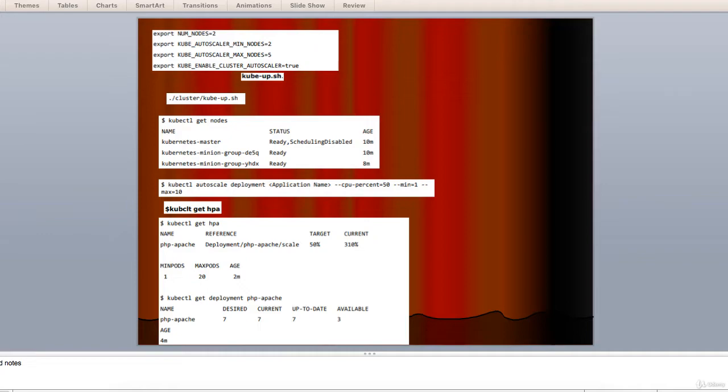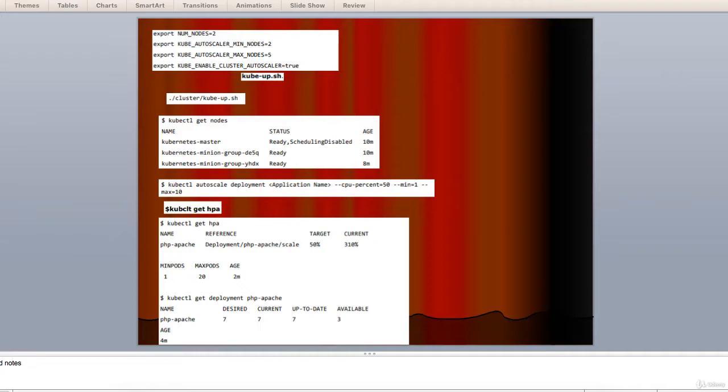This feature of auto scaling is currently supported in Google Compute Engine, which is GCE, and Google Container Engine, which is GKE, and will start with AWS pretty soon. Now, in order to get a scalable infrastructure in GCE, we need to first have an active GCE project with features of Google Cloud Monitoring, Google Cloud Logging, and Stackdriver enabled. First, we will set up the cluster with a few nodes running in it.